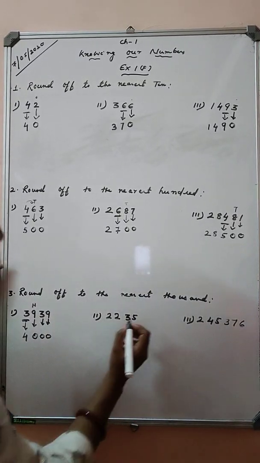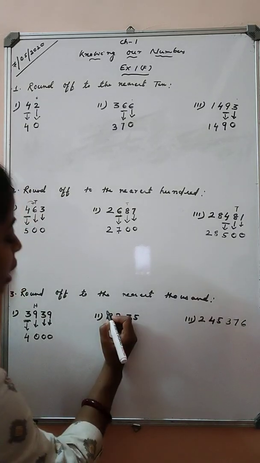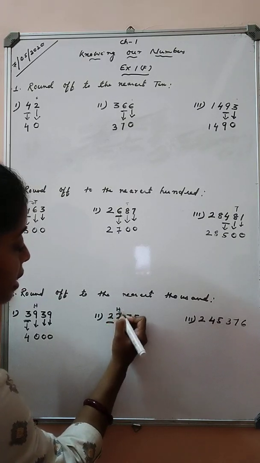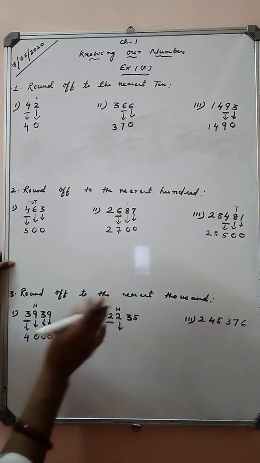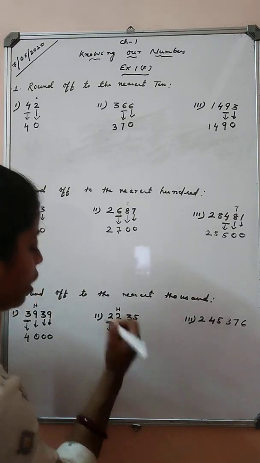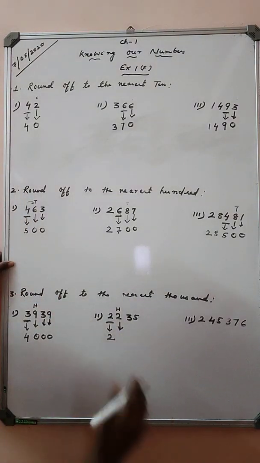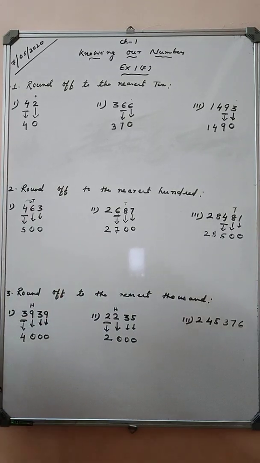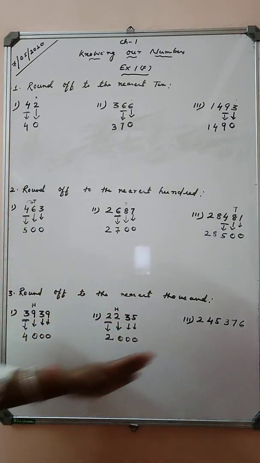Okay. Next question. Ones, tens, 100, 1000. This is our rounding place. According to the rule, we have to see the previous digit, that is digit at 100 place. Our number is 2. It is less than 5. So we will round down. Means 2 will remain 2 only. No change. Then these numbers will be replaced by zeros. Okay. So 2235 got rounded to 2000.